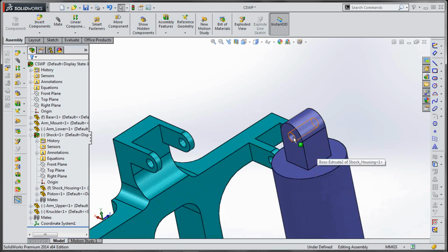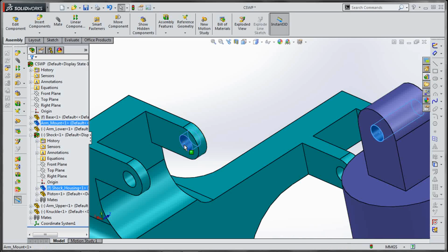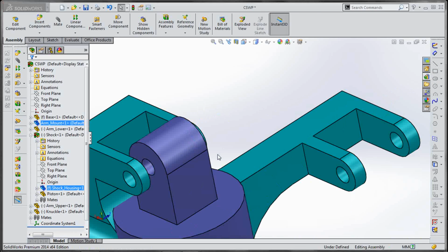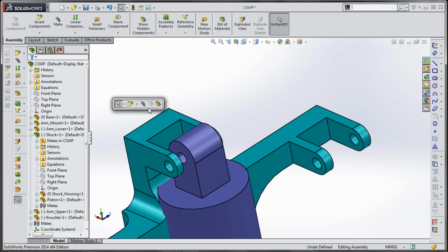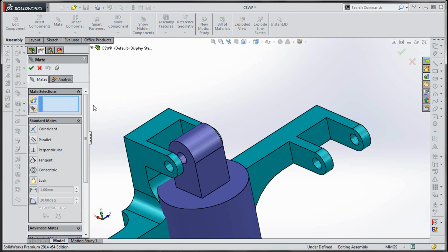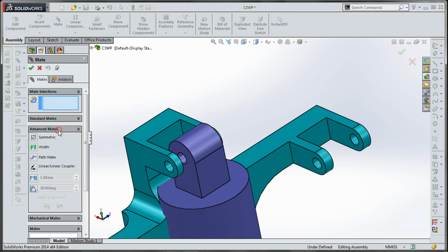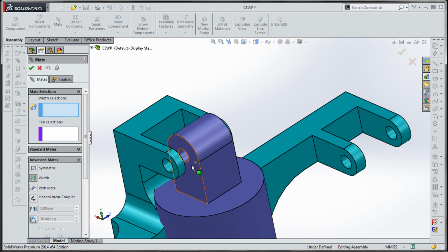Now to set all mates. Again, concentric, and again advanced width.